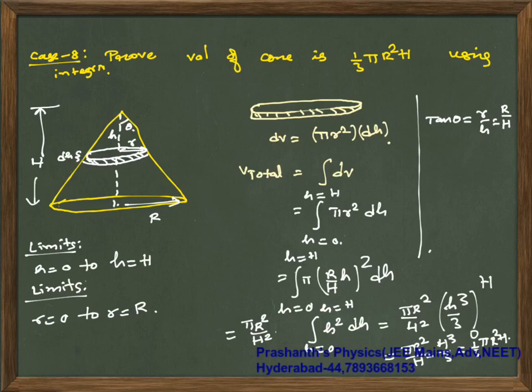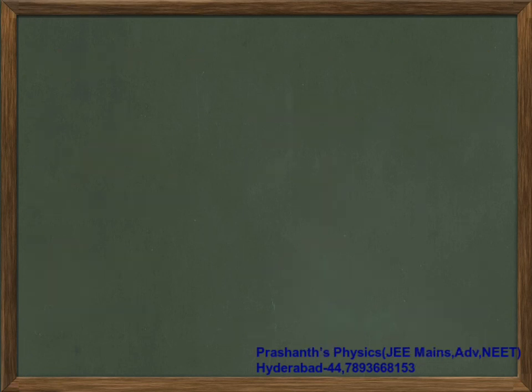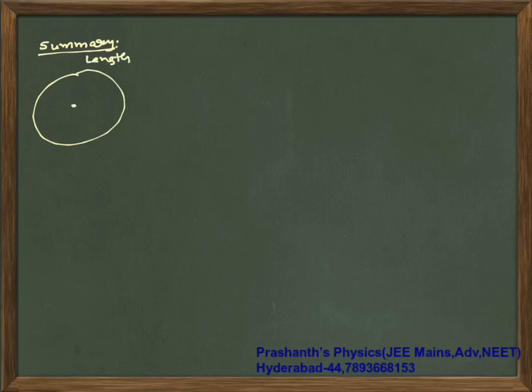So like this, there are other situations as well in which you can calculate the volume, but these are your basic ideas, and if you know this much, that is enough. So with these kinds of strips, you are supposed to integrate and do explanations in physics. Now I will try to write down a summary. So when length is involved for circular objects, when length is the factor for circular objects, what you do is you take a small strip.